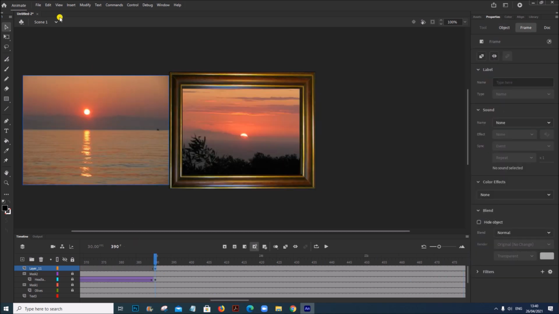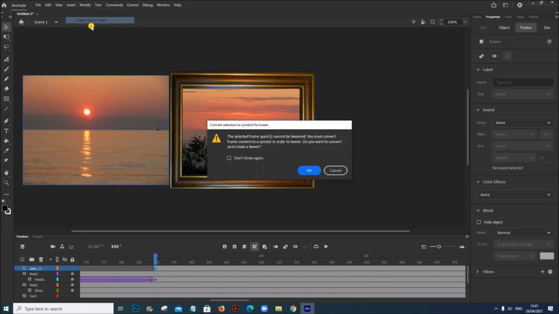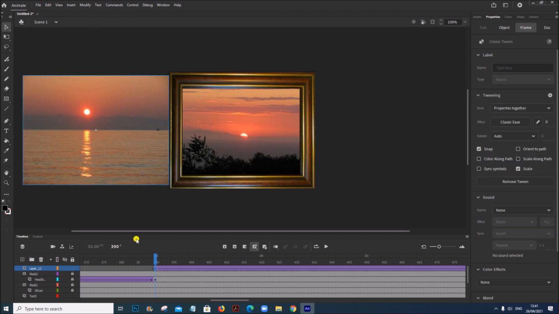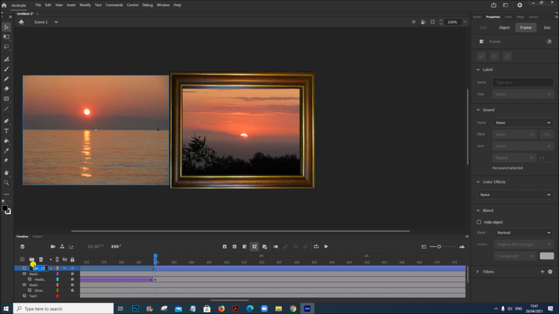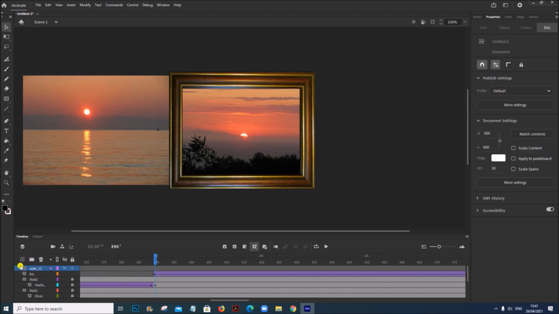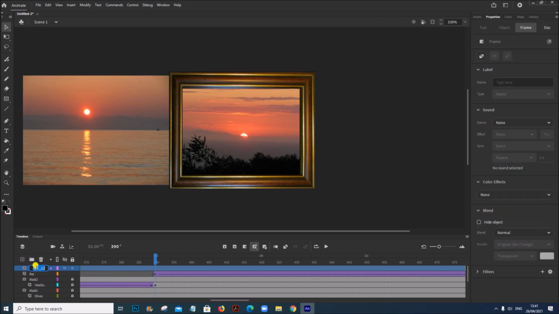Let's add the animation. So this is bay image. Next you need to insert mask for this. So mask 3.